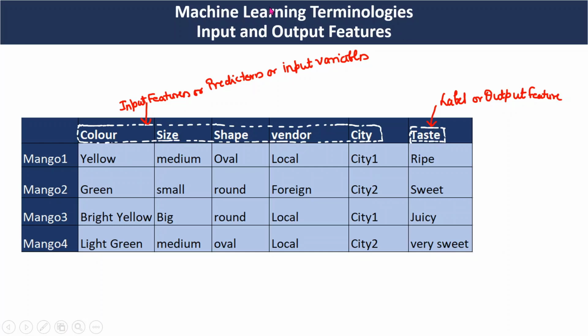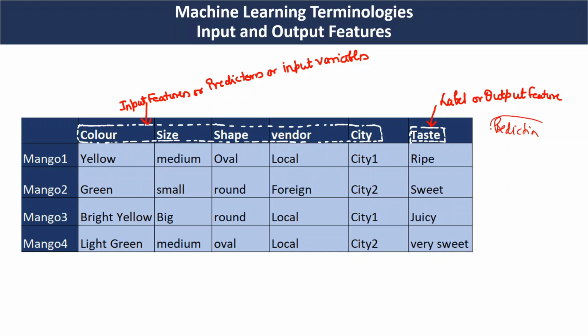Machine learning terminology. What types of terminologies are used in machine learning modeling? We need to understand this. This is your data, and these are the columns. In the normal way, these are columns like color, size, shape, vendor, city. If we want to create a prediction model where we want to predict the taste,